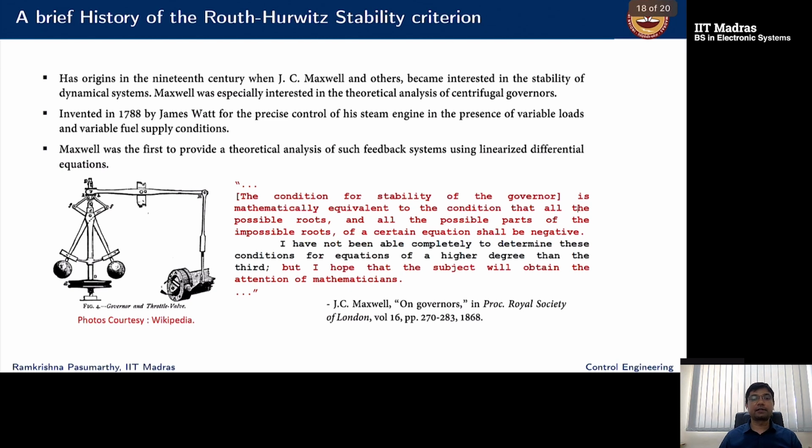This was invented in 1788 by James Watt for the precise control of his steam engine in the presence of variable loads and variable fuel supply conditions. So Maxwell was the first to give a theoretical analysis. He could not solve the problem, but he came up with a conjecture. And his conjecture was, listen to this carefully, that the condition for stability of the plant, which in this case was the governor, is mathematically equivalent to the condition that all the